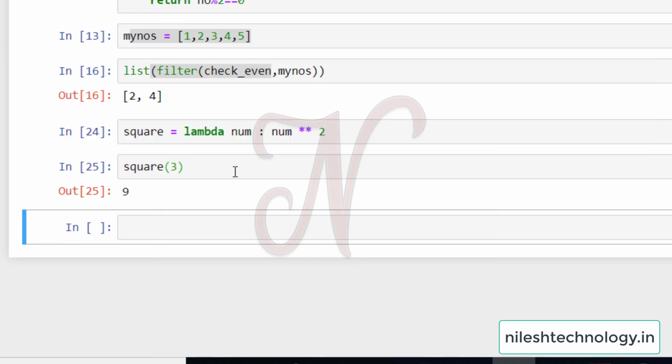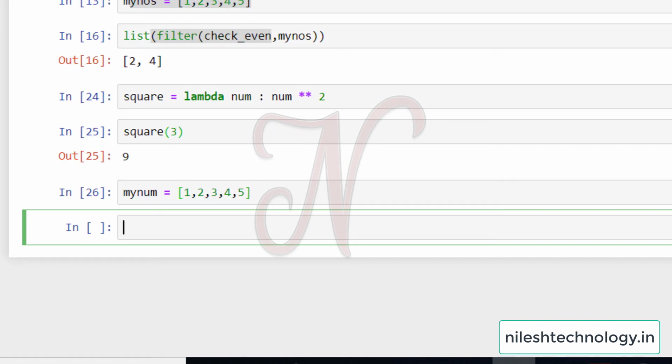Now we are going to use a combination of map and filter. Let's see one example. My num is equal to this list. Then list, again map. There are 2 parameters.